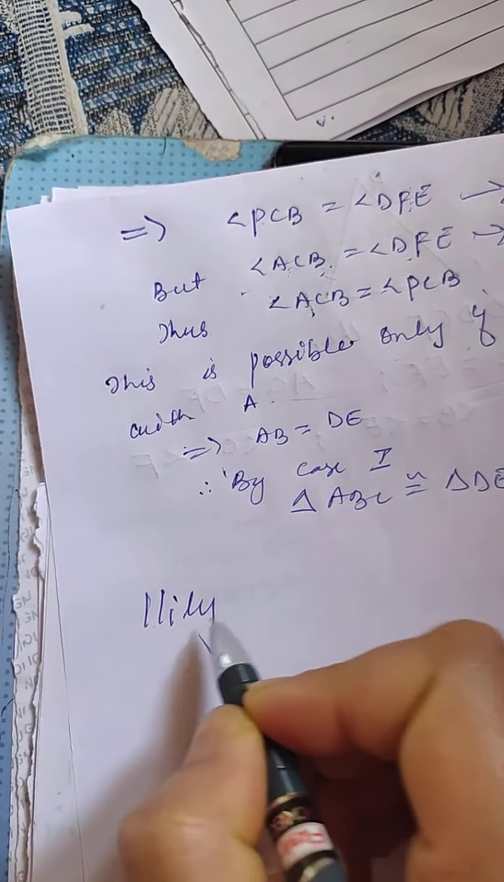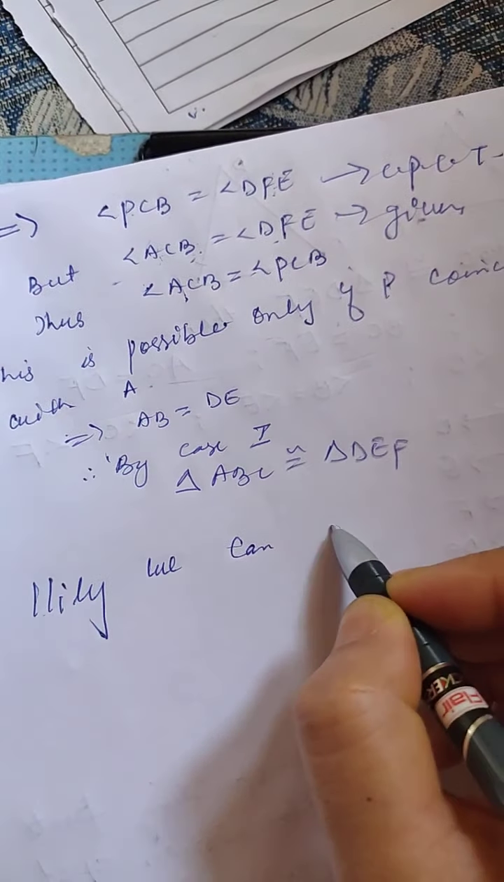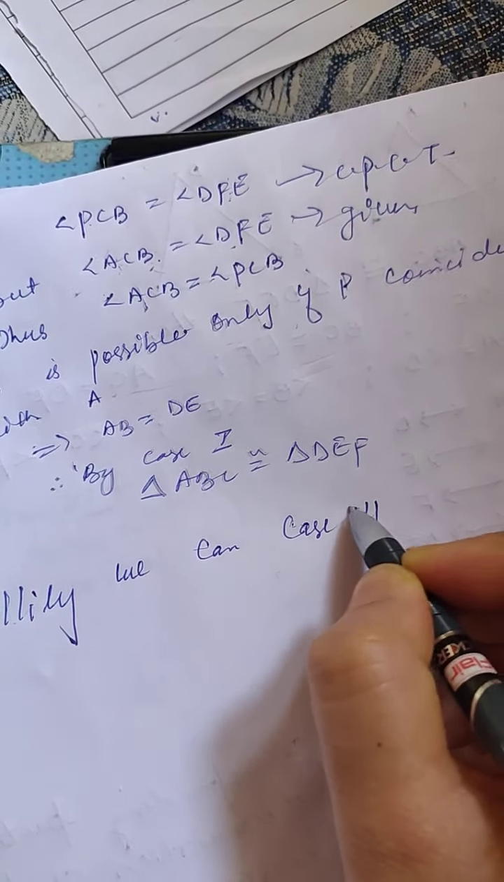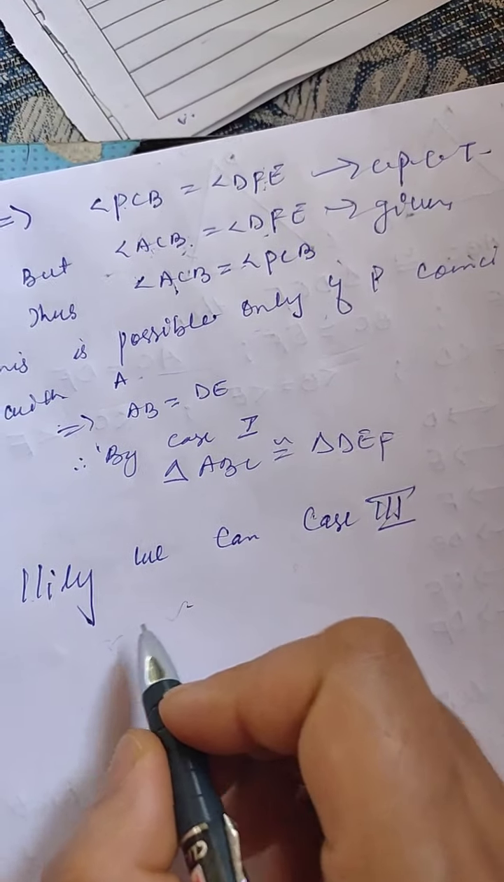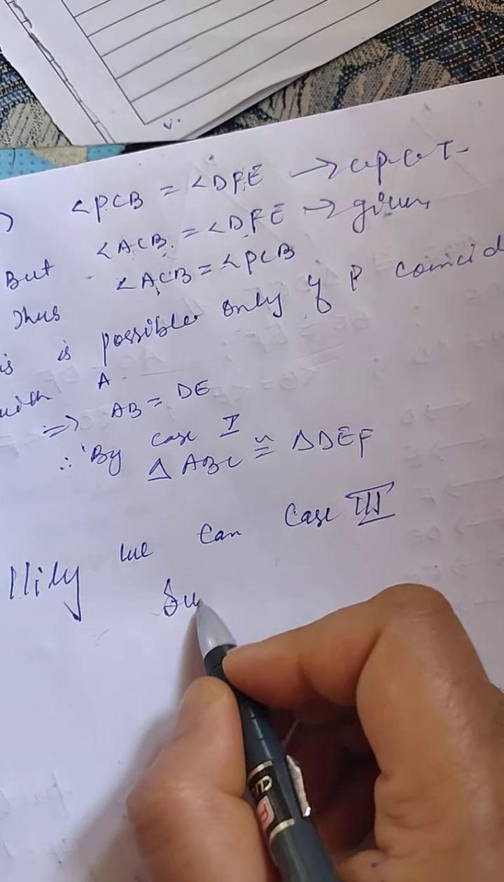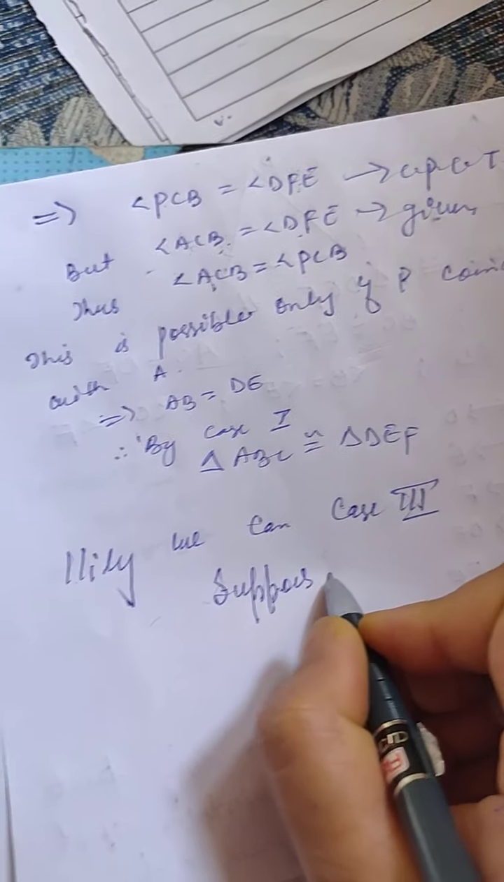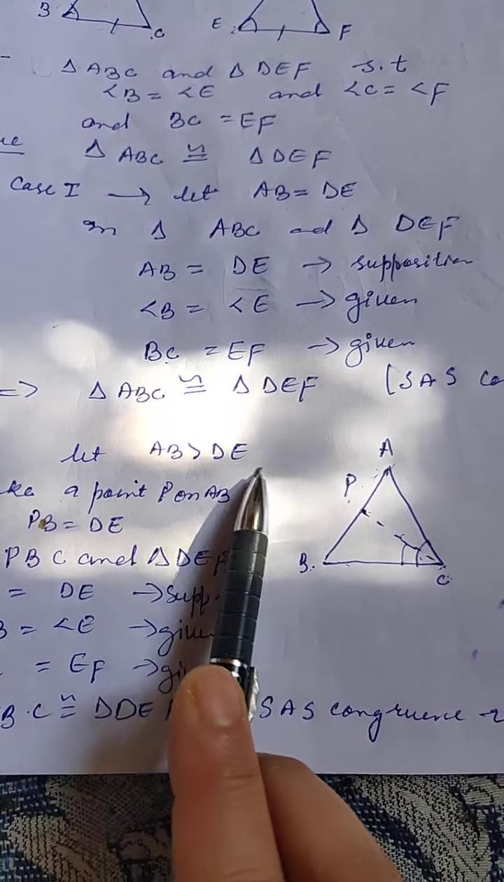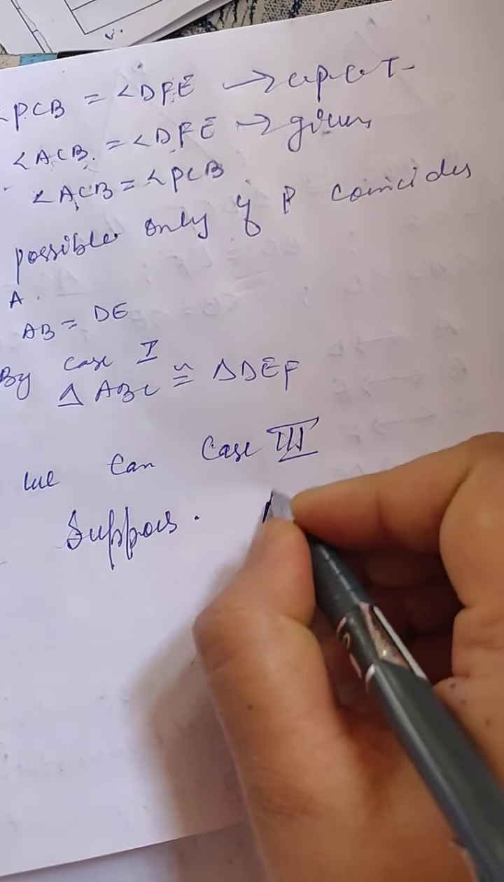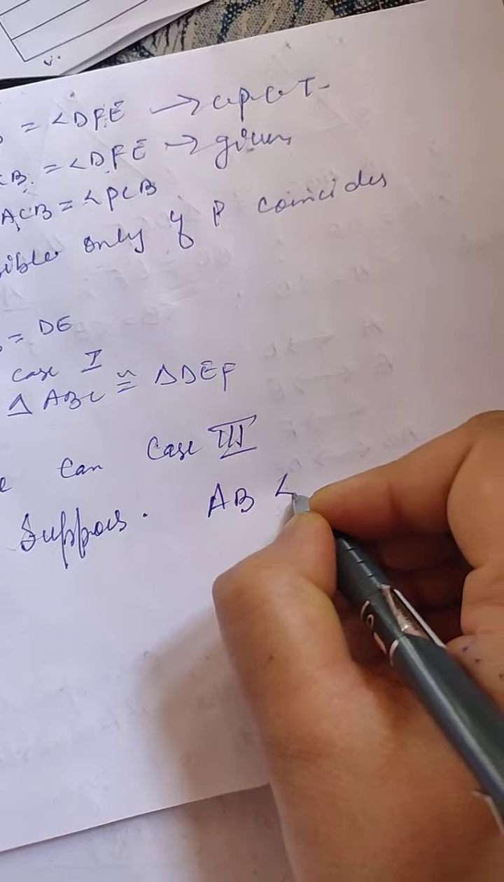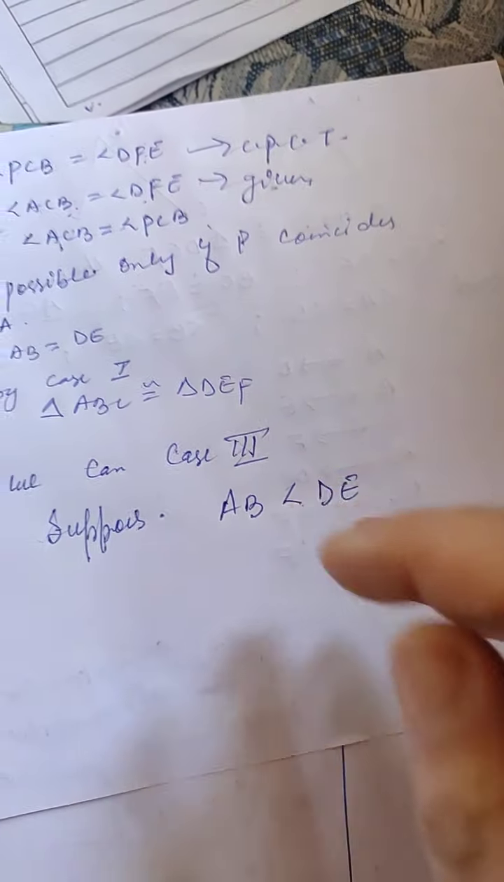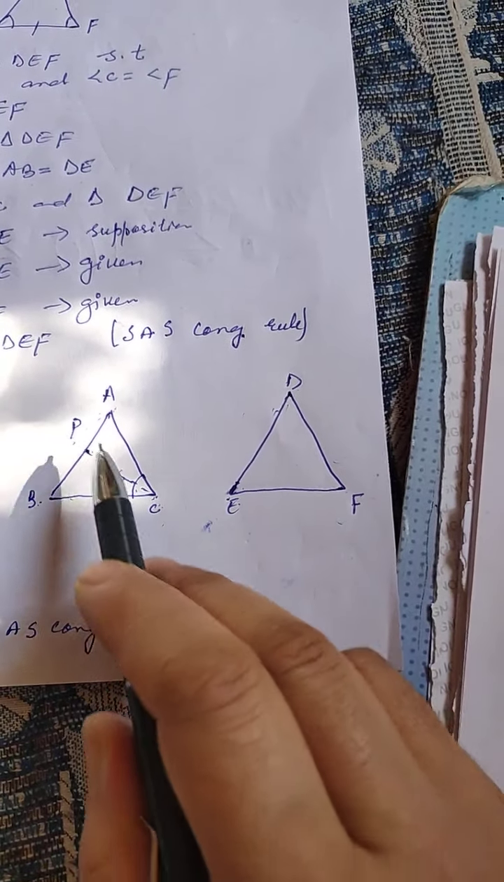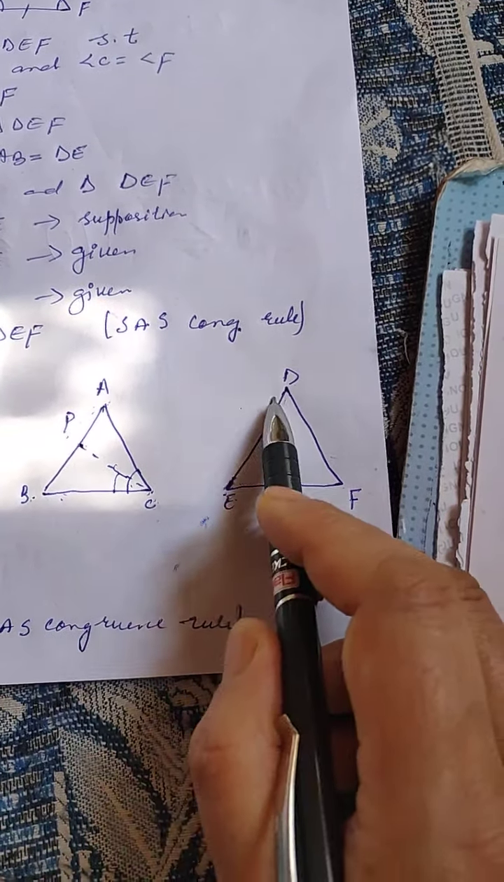Similarly, we can prove case third. First case is let AB is equal to DE. Second case is if AB is greater than DE. Then third case is if AB is less than DE. In this way, you can prove that if AB is now less than DE, then